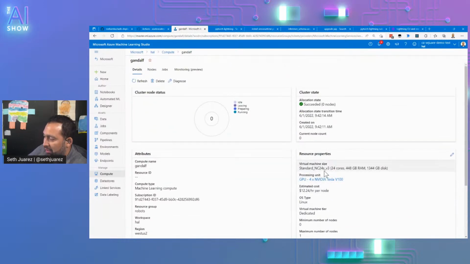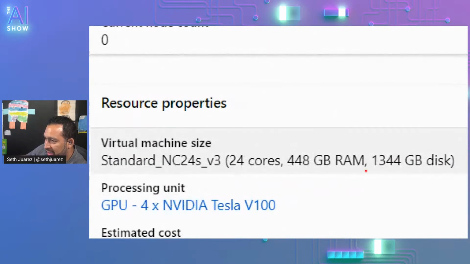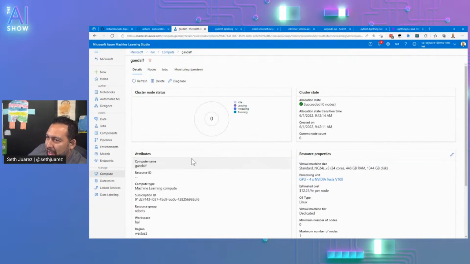This is an NC24 v3. I needed this for Build because of our demo, because we were fine tuning GPT-2, and it would have taken hours and hours if we didn't have a little bit of a beefy machine.